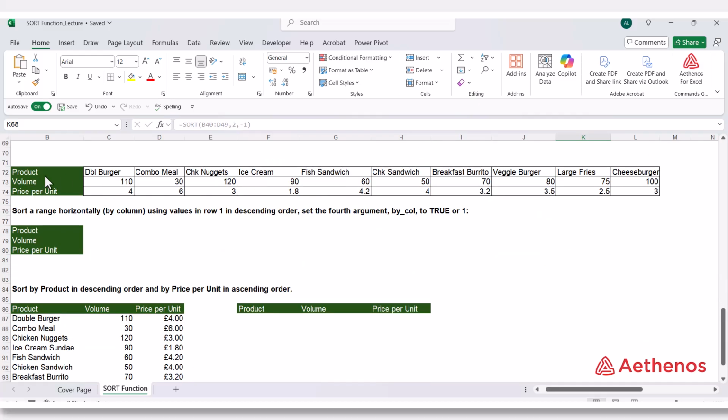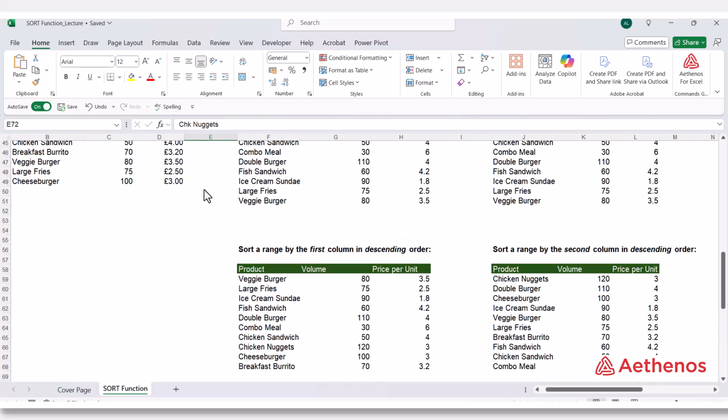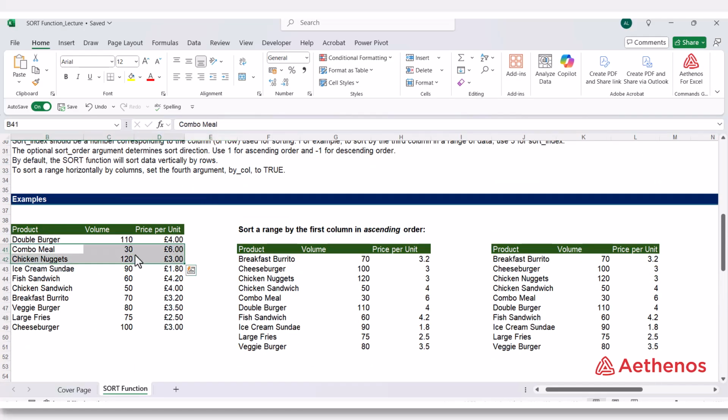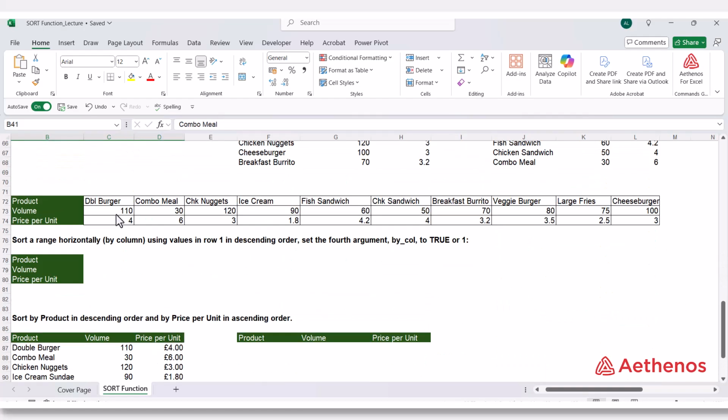Now let's look at a situation where the data is in rows like this. Now let's look at an example where the data is basically in different columns like this. Here we had it in rows like this. And here now we are having the data as columns for each of these products. So we got the product, the volume, and then the price. Let's look at how we can sort horizontally by column using values in row 1, and we want it in descending